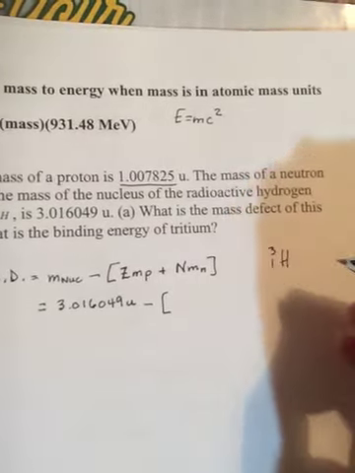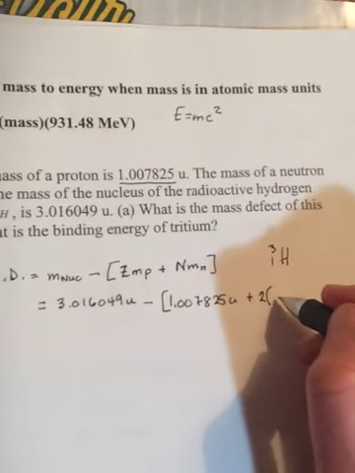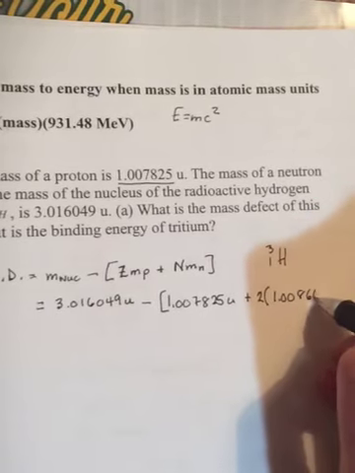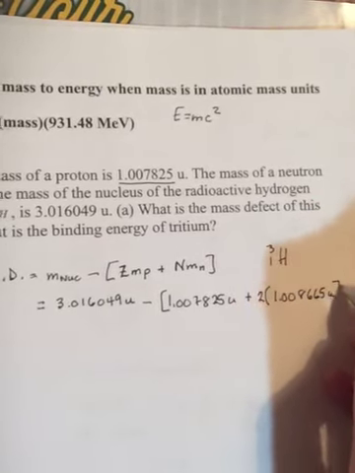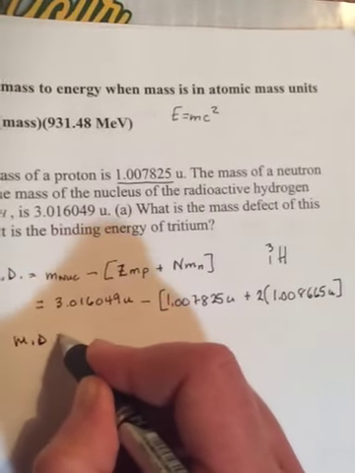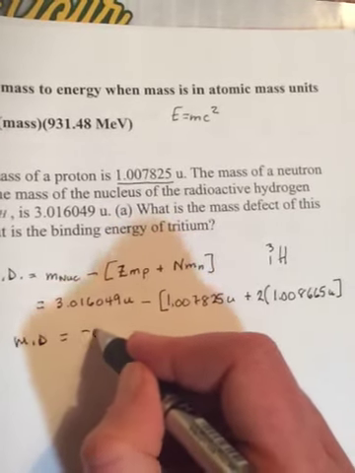So 1.007825 U, you would multiply it by however many, in this case 1, plus, and if there's one proton, that means there's two neutrons. So 2 times brackets 1.008665 U, close the brackets, do the math, and get the mass defect to be negative